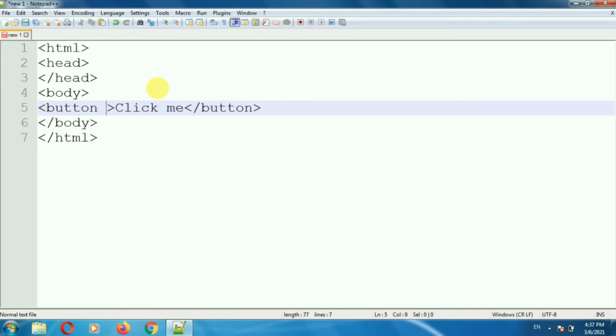On this button control's onclick event, I'm going to call a function after some specified interval of time. So on click event, I am giving the name to the function as myFunction.